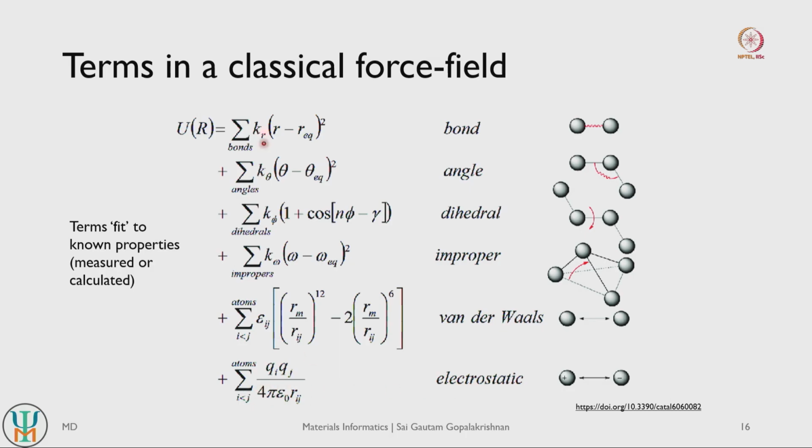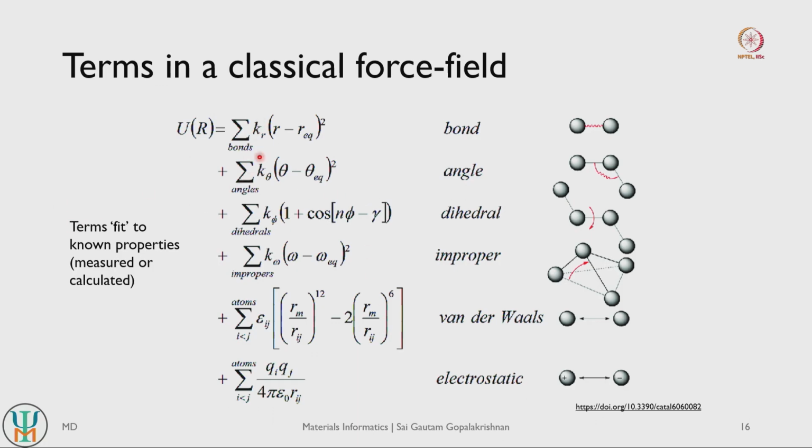So a force field can have a summation of several of these terms, and each of them can have their own contribution to the ultimate potential energy, which then gives you the force acting on the atom and so on. You can also generalize this to other kinds of interactions. Let us say you have magnetic interactions, spin interactions, you can add an additional term and so on. So you can have several possible interactions all captured within your force field.